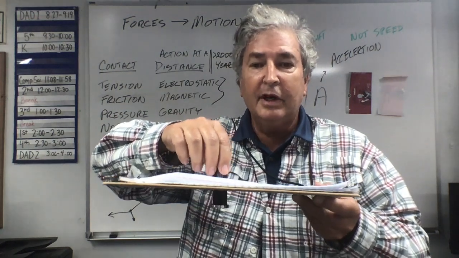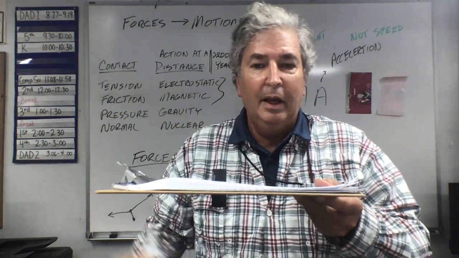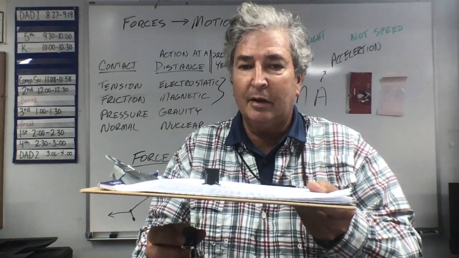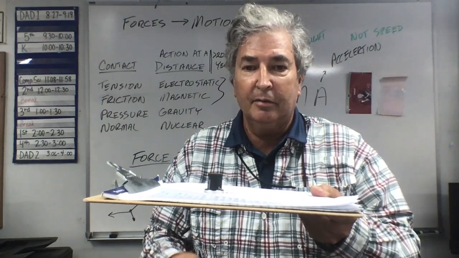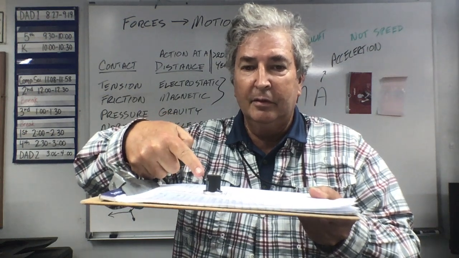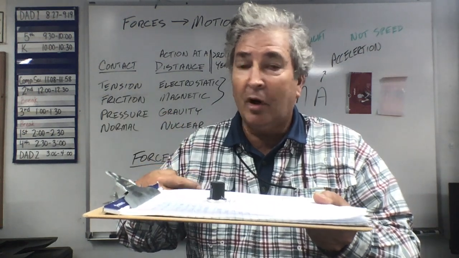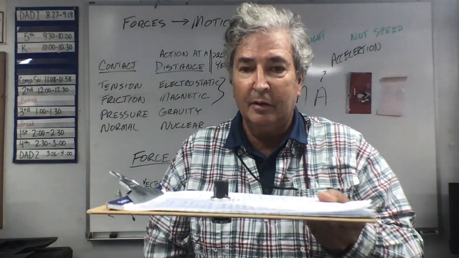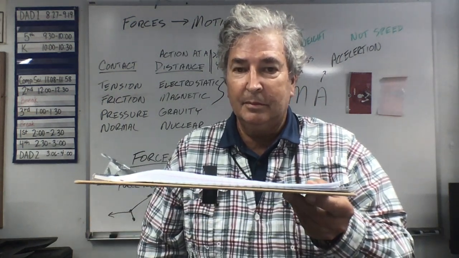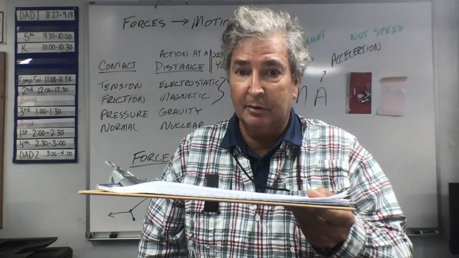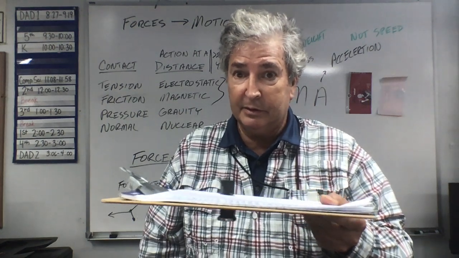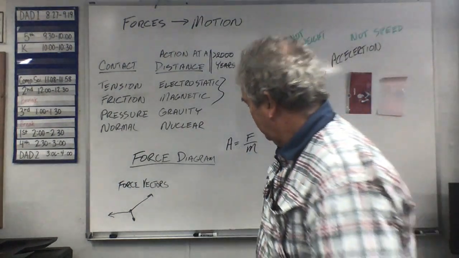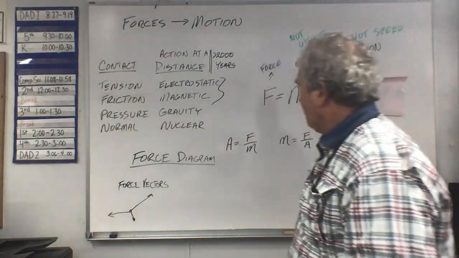This tiny magnet is applying more force to this object than the entire Earth. This is stronger magnetically than the entire Earth is gravitationally. Much, much stronger. You think of how tiny this is compared to the entire Earth. Now,